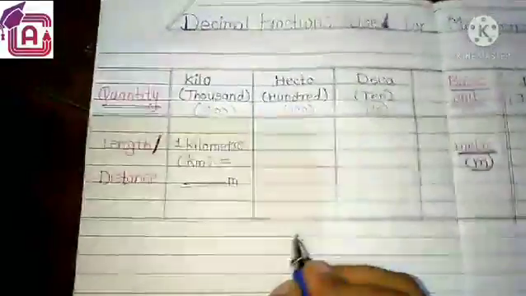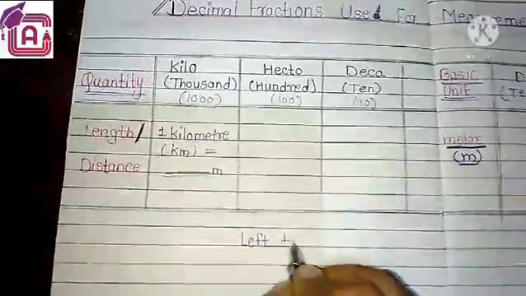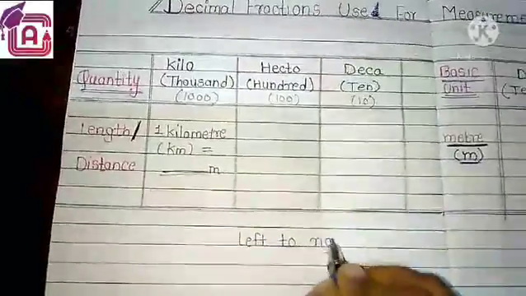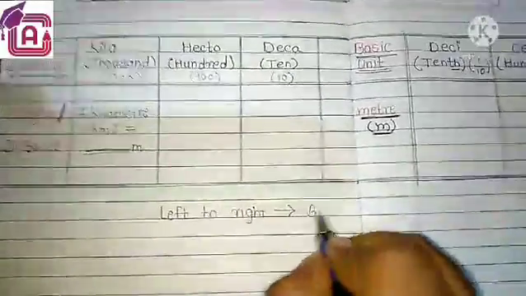bigger unit to the smaller unit. When you are going from left to right, it means from bigger unit